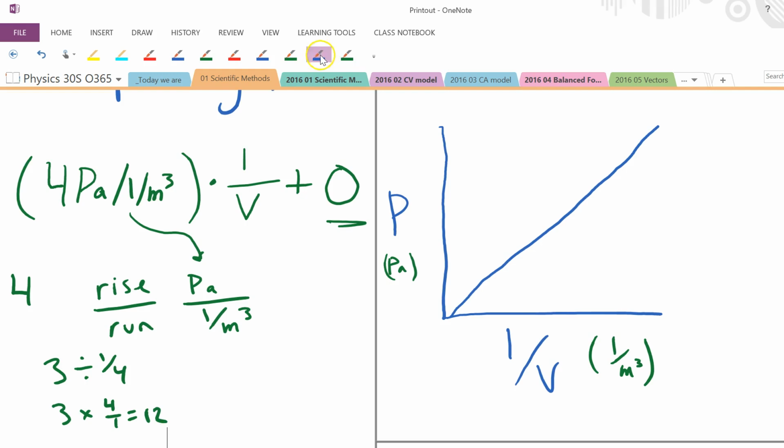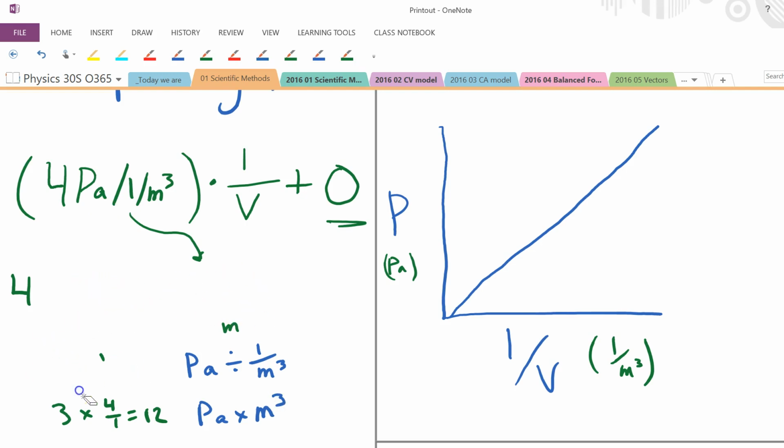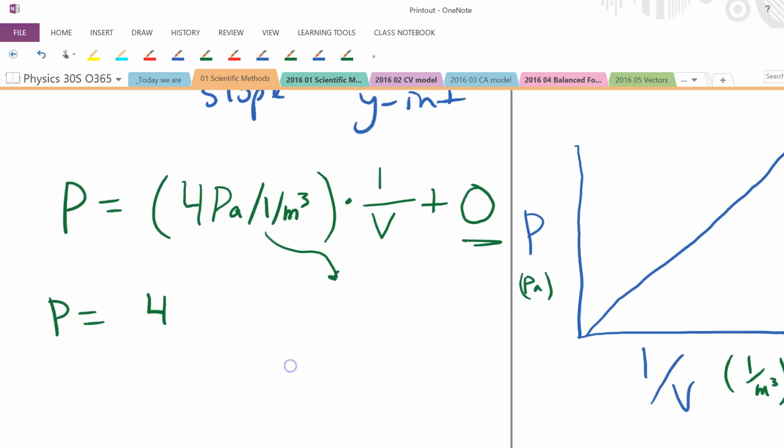So now how would we use that same logic for these units here? We've got PA, oh that's a little bit thick. We've got the pressure divided by 1/meters cubed. So that's the same thing as pressure times the reciprocal of 1/meters cubed, which is just meters cubed. So really this whole thing here just turns into pressure times meters cubed. So I'm just going to erase some of my mess over here. I'll erase all this stuff here, and I'm going to say now this is the same as 4